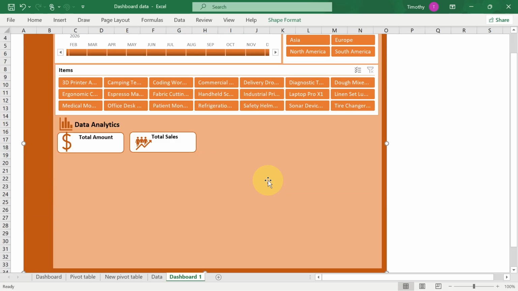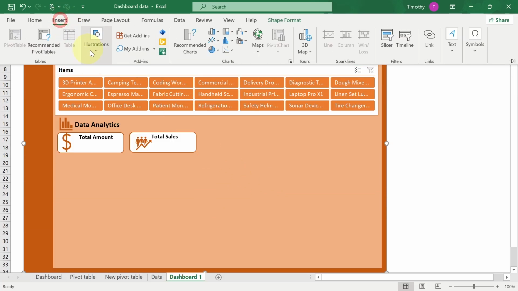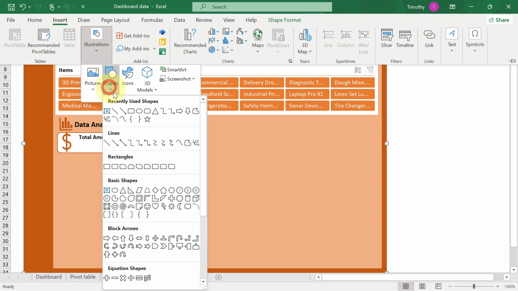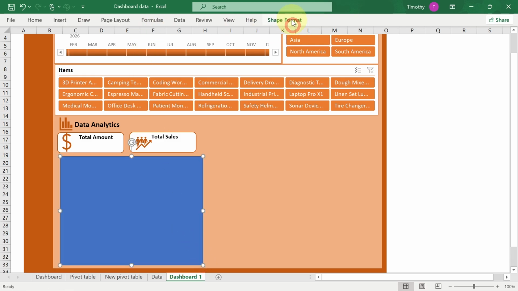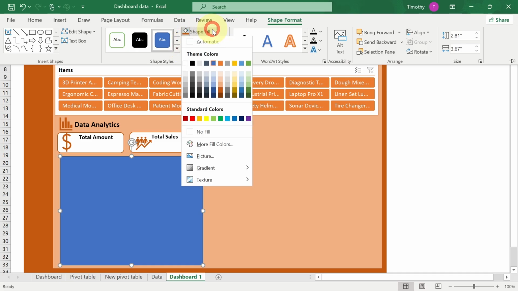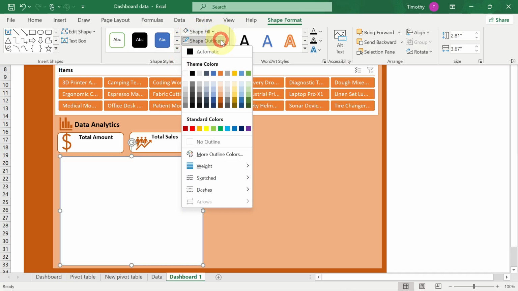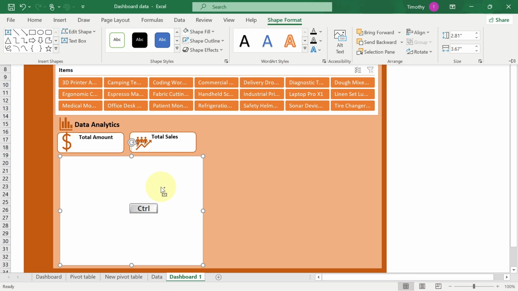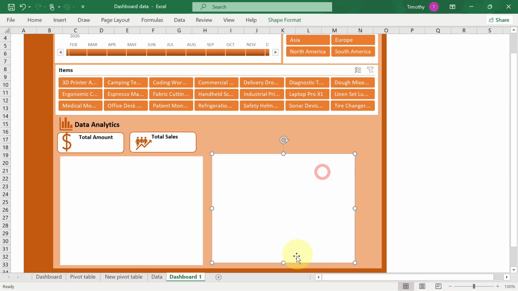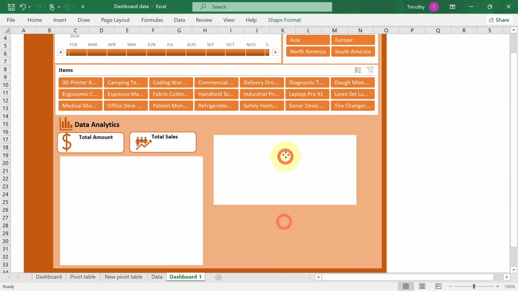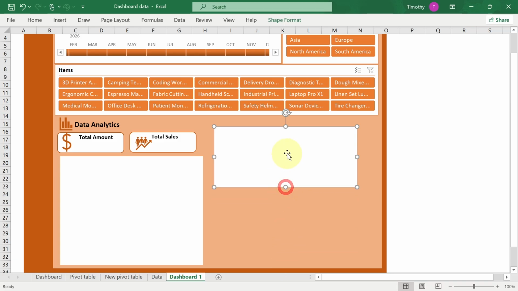Now we're going to go back to the insert tab, go to shape, and then we go back to our rectangular shape. So I'm going to draw one rectangular shape right here. I'm going to draw one here, and then I'm going to change the background color to white with no outline. So white with no outline. Then copy the same shape and paste it here, and I'm going to create two more shapes here. So you can just do this like this. You can create two more shapes here, depending on how you want to do it. I'm going to create two more shapes right here,